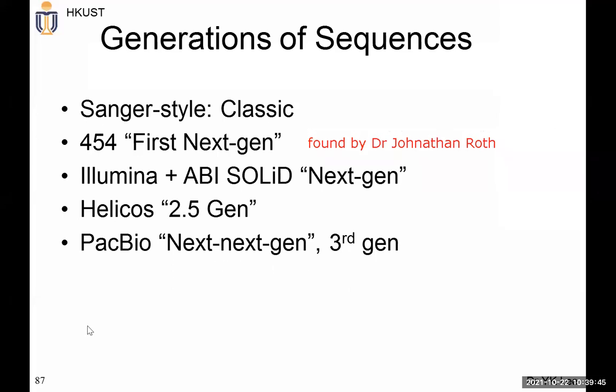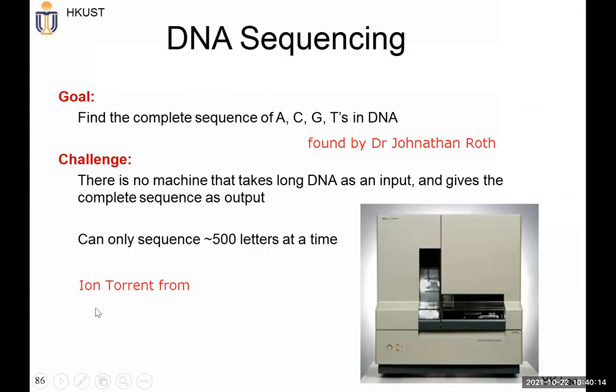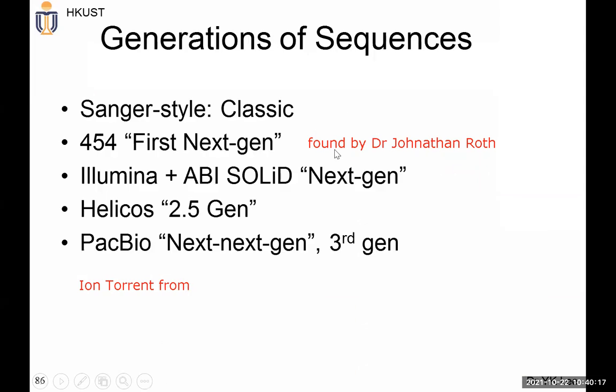So again, there's a lot of this kind of technology. Of course, I forgot, I should also put down Ion Torrent, also founded by Dr. Jonathan Rothberg, the same guy who is very innovative and came up with all this interesting technology for sequencing. And then of course there's Oxford Nanopore. I should also put down one more, and basically this is using the semiconductor